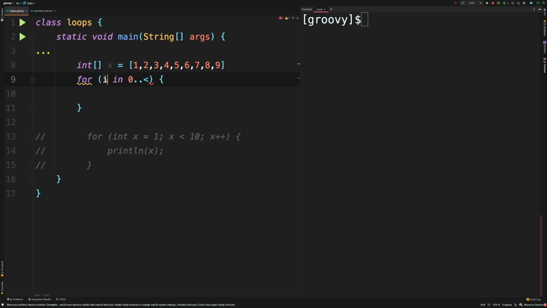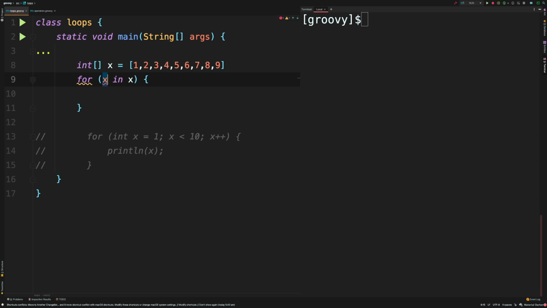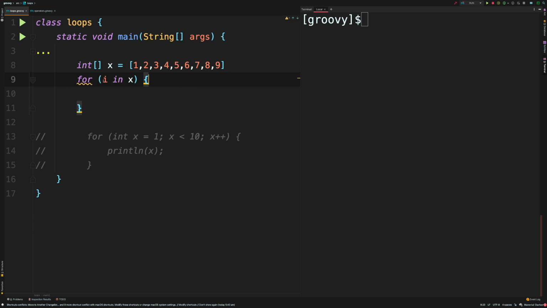So I'll say x in range, which is our x, and I'm gonna just choose i. i defines an index, and then it's saying, hey, can you grab every time a value from the x index and then just loop through and put that index here.